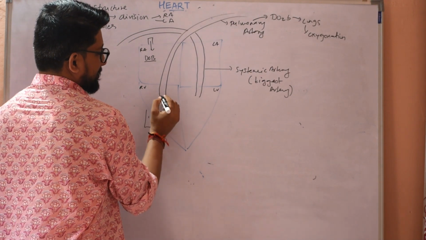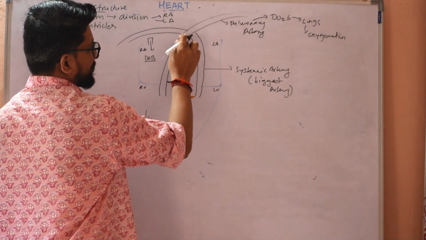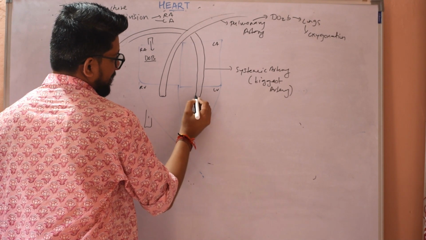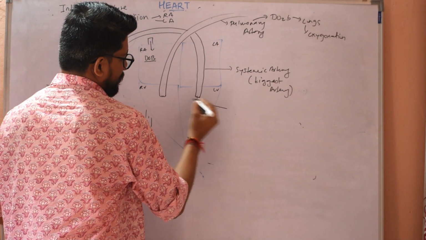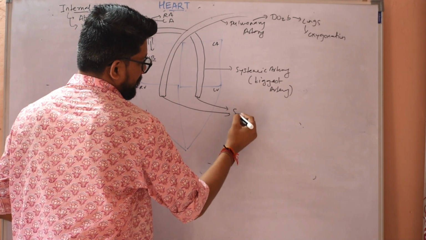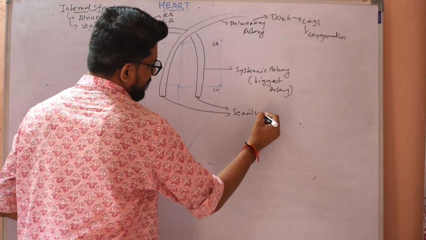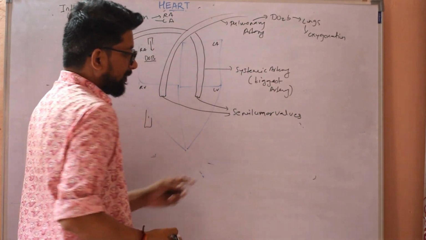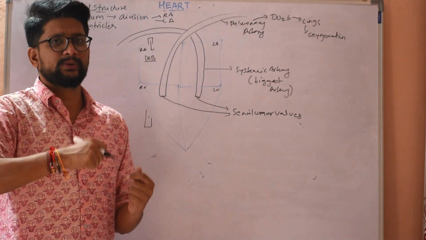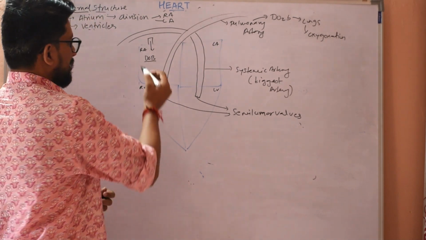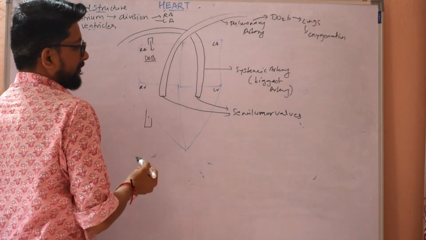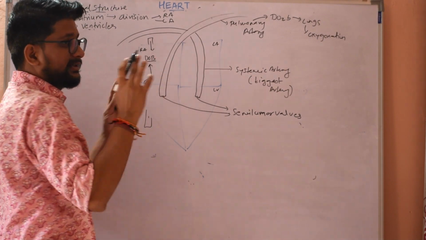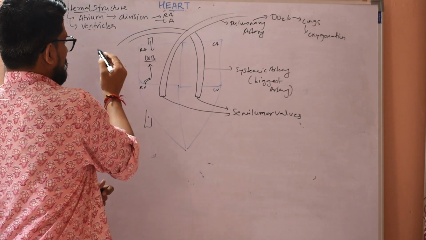Before this, the opening of this pulmonary aorta and systemic aorta is guarded by a valve-like structure. Both these openings have a similar type of valves, which are semi-lunar valves. Now these valves also have the same function: to prevent the backflow of blood. When the superior vena cava, inferior vena cava and coronary sinus bring deoxygenated blood inside the right atrium,